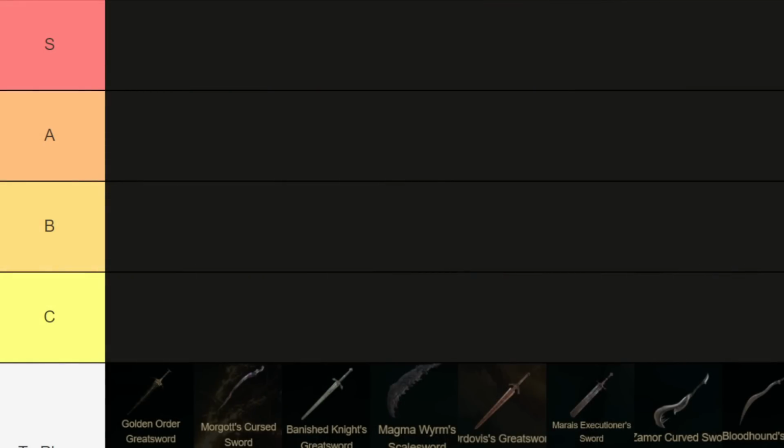It seemed like a fun starting point, so we have our tier list with a bunch of the ones that I consider the best of all of your Greatsword options. We're also including some curved Greatswords as well. As always, we have S, A, B, and C, and as a reminder, these are, in my opinion, some of the best options you have for Greatswords. With that said, we're going to work our way from the bottom up, and we're going to start with C tier,